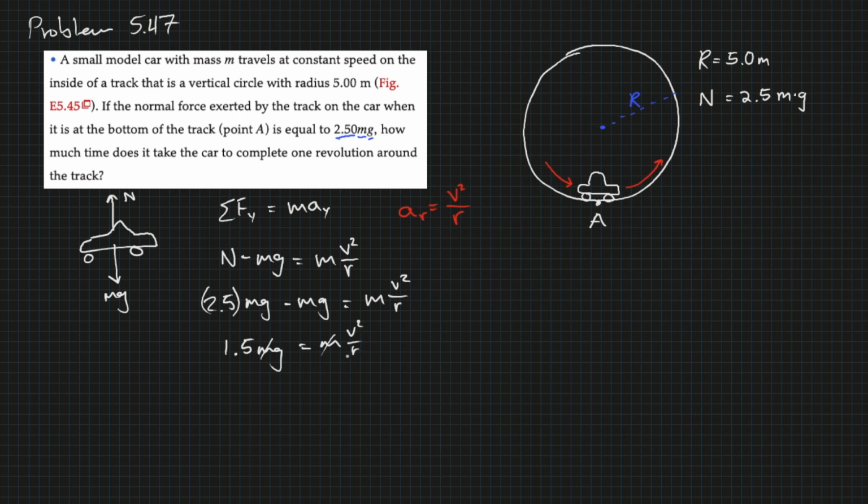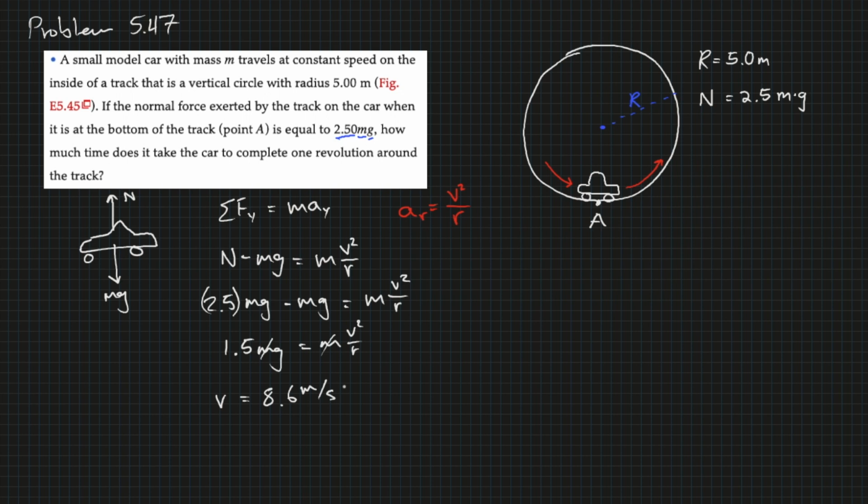I know what the radius is, it's 5.0 meters. I know what g is, obviously. And so I'm just going to solve for the velocity here. It's the only thing I can really solve for. Velocity becomes, we find out, 8.6 meters per second. Okay, so I know how fast the car is going around the circle, but it wanted me to find how